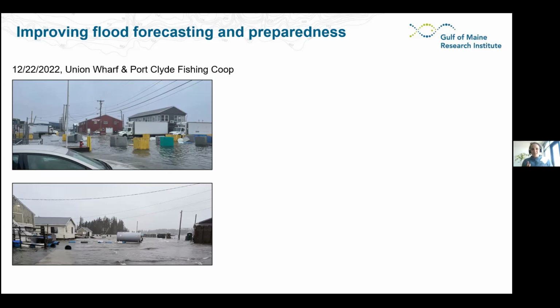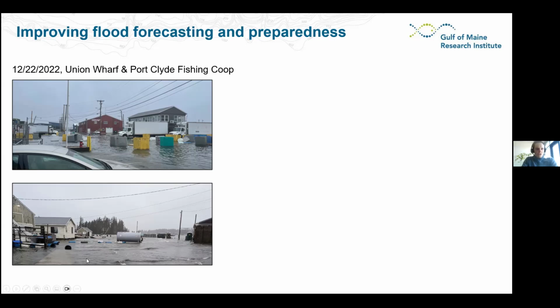And by necessity, these working waterfront areas have to be close to the coastline, so they have to be close to sea level. They're never going to be elevated way above sea level because the people who work there have to interact with the water. So it's pretty key for areas like this to have a sense of what the water level is going to be like and what the impacts are going to be when coastal flooding events are coming.